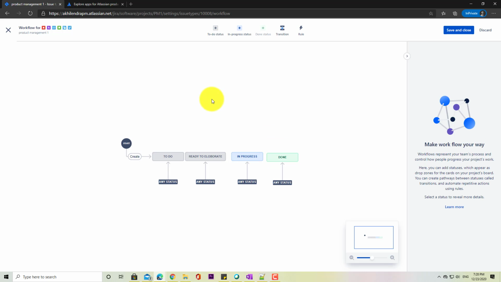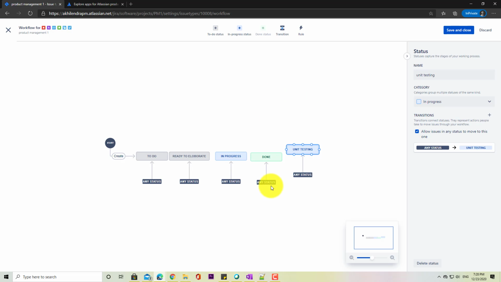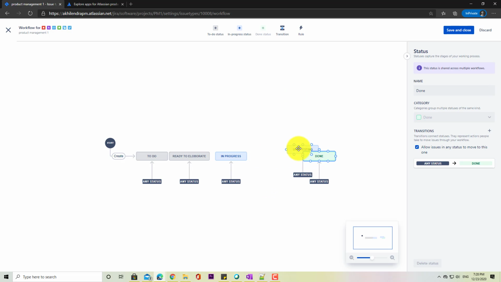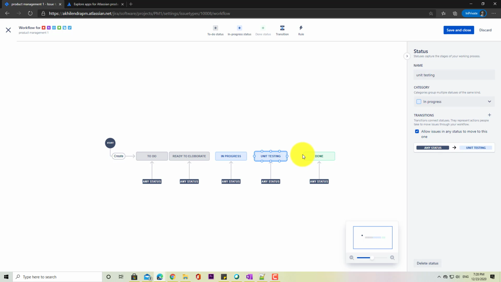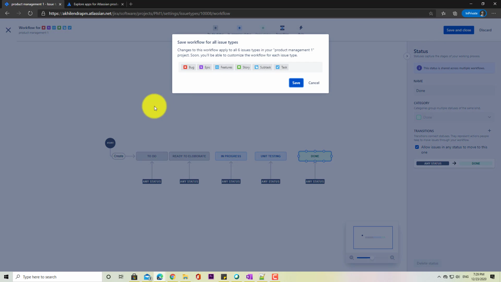Let's say you also want to track unit testing, so we can also add in progress. So in progress essentially means when the development has started. So let's say we are saying that when a project, if it is in progress status, it means coding is going on, and then unit testing, and then we can call it done. So if I save it,